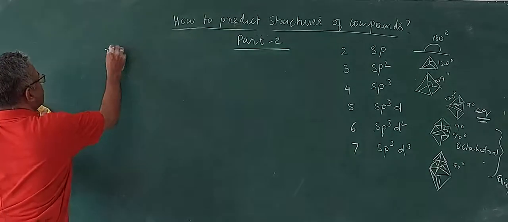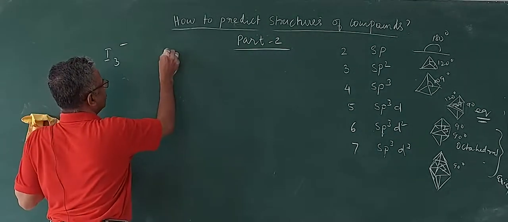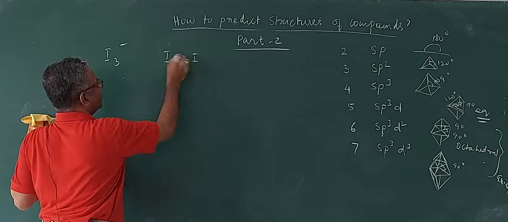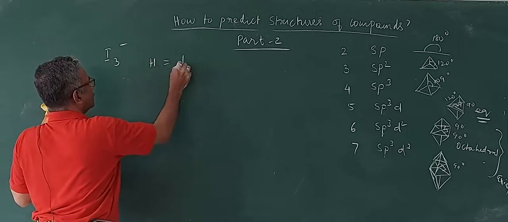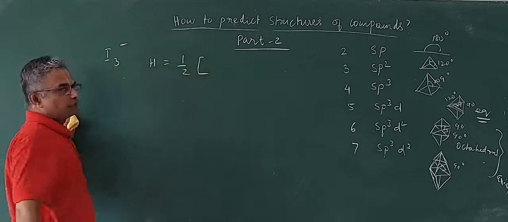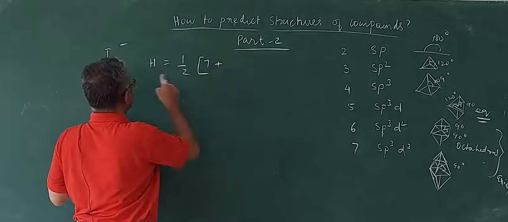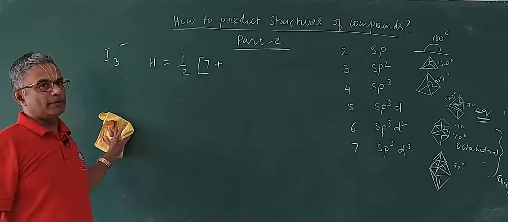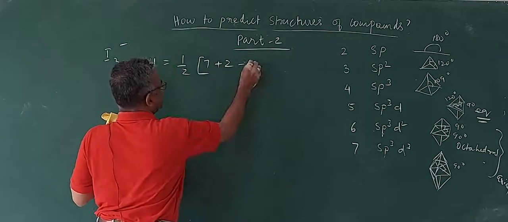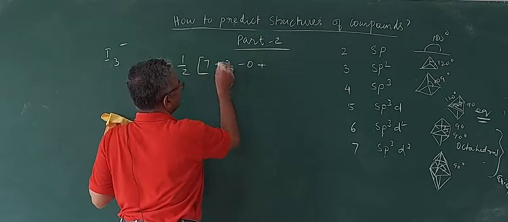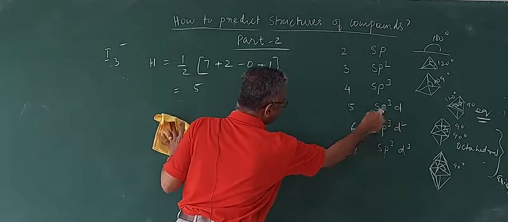So we will find out another interesting compound, that is I3 minus. Here the central atom will be iodine, another atom will be this, another atom will be this. I don't want to do the structure now. Let's find out the hybridization. H is equal to half into, iodine belongs to halogen, the number of valence electrons will be 7. So you will have 7 valence electrons plus iodine is monovalent. 2 iodine atoms will be peripheral, 1 will be the central atom. So 2, and then cation is 0, anion is 1 you have. So 7 plus 2, 9 plus 1, 10 you will have. So 10 by 2 will be 5. So 5 will be sp3d,